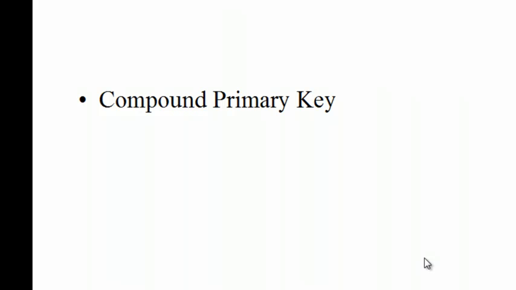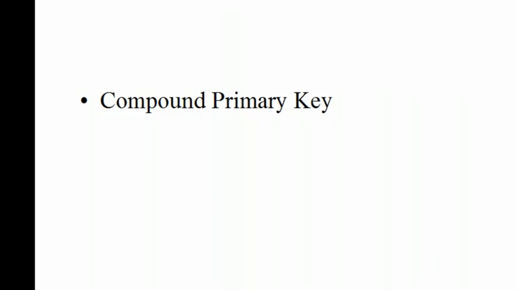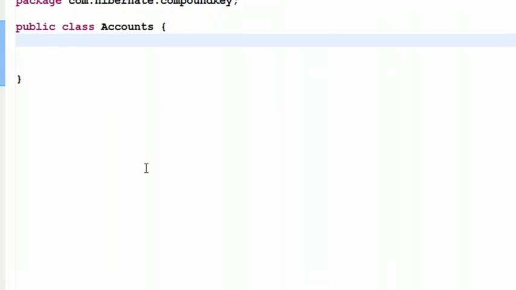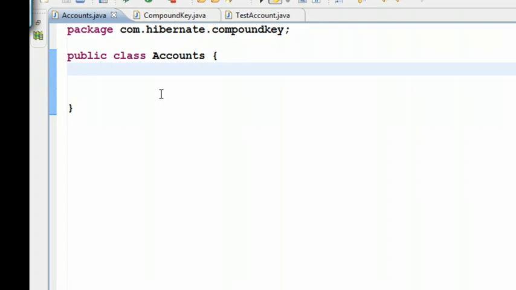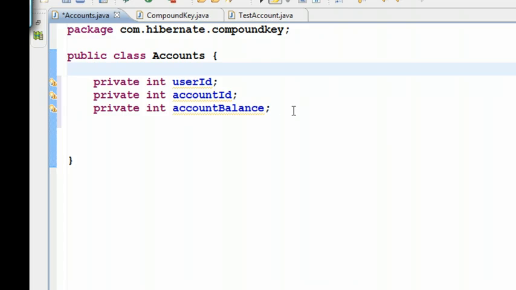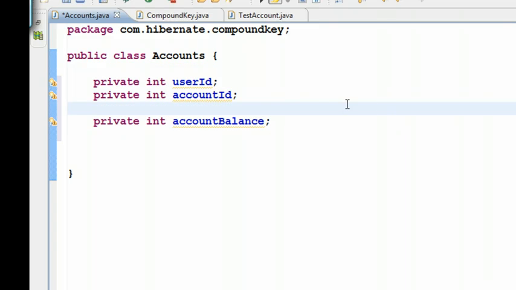In this example, we are going to learn how to create a compound primary key. Now let us create a class like say accounts, and let us have some data in this class. Now this class accounts has three attributes: user ID, account ID and account balance. Now imagine a situation where I want a combination of user ID and account ID to make up my primary